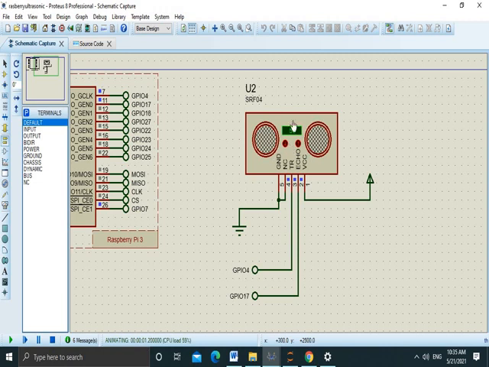See here, the distance is 58. Then it measures continuously, so we have to stop this process in Task Manager.